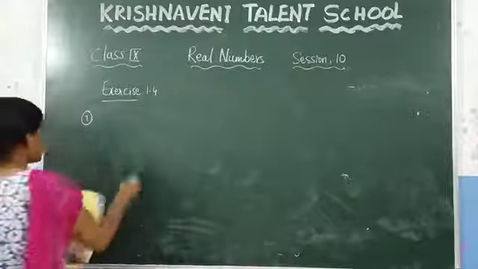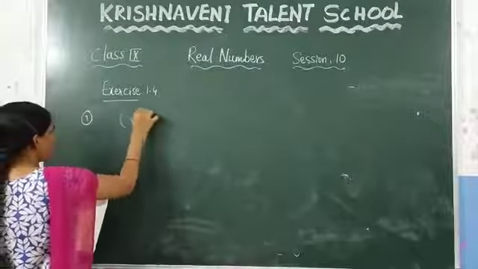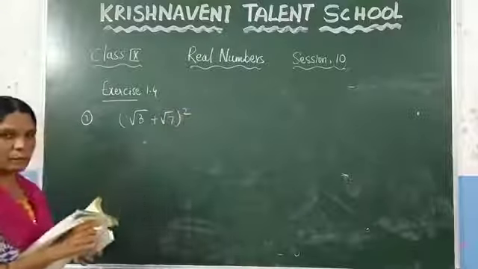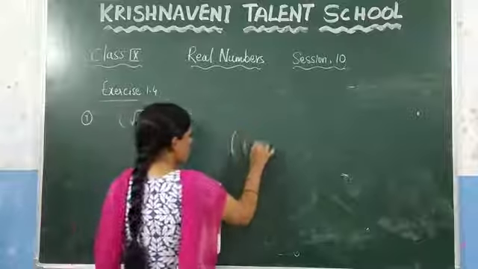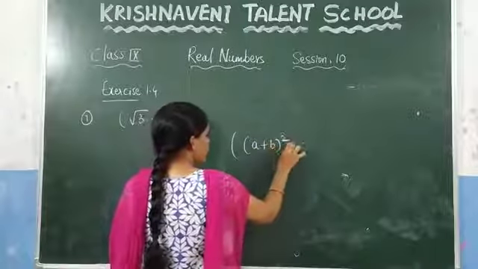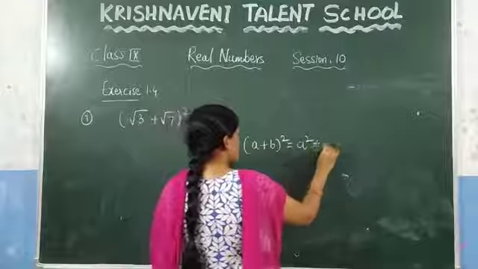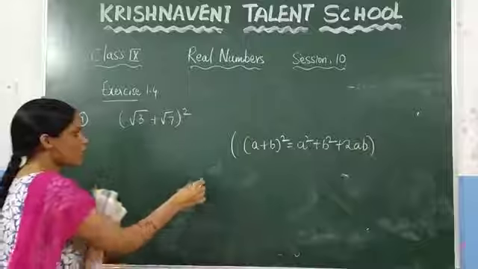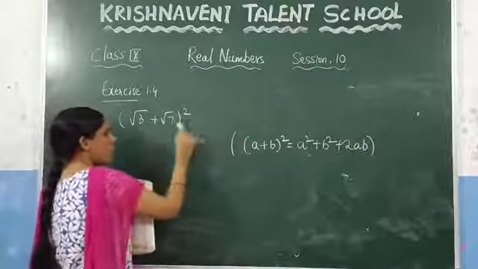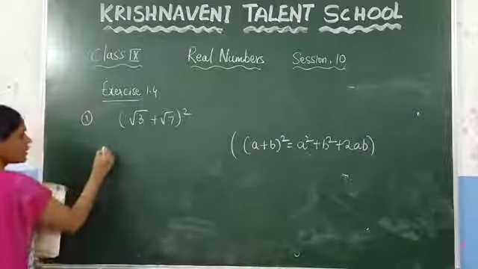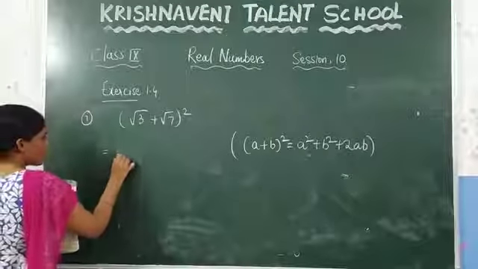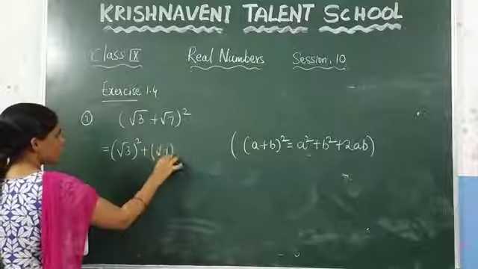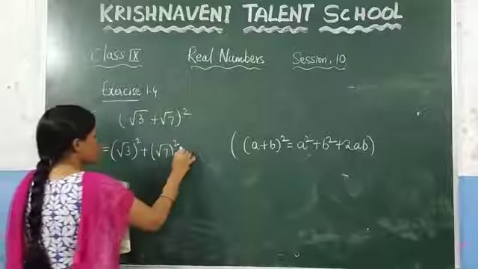Root 3 plus root 7 whole square. What is the next problem? Root 3 plus root 7 whole square. It is in the form of what? A plus b whole square. What is the formula for a plus b whole square? Which is nothing but a square plus b square plus 2ab. So in this what is the value of a here? Root 3, and what is the value of b? Root 7. Just substitute it here. So what will be the formula? A square, which is nothing but root 3 whole square, plus root 7 whole square, which is b square, plus 2ab, 2 into